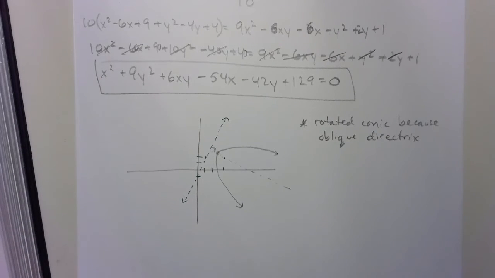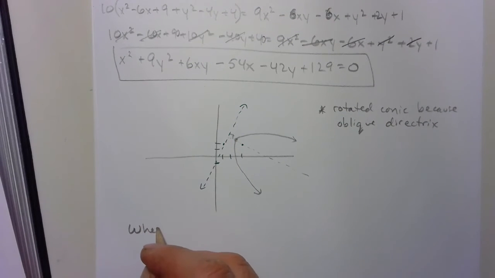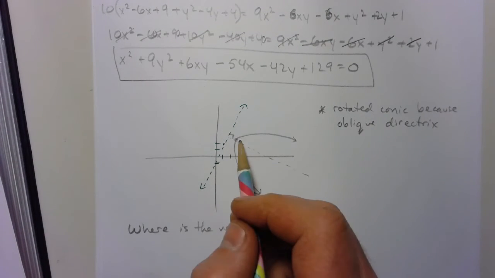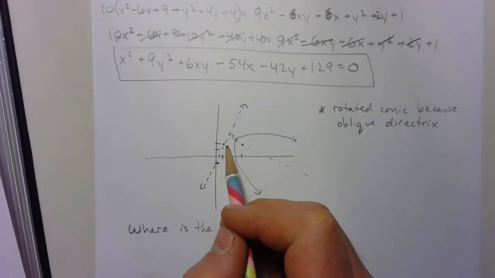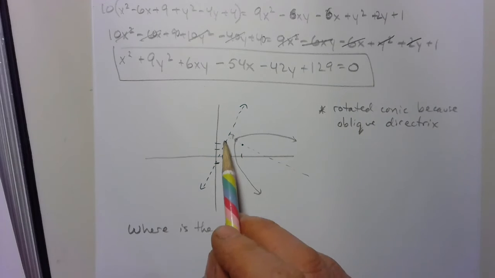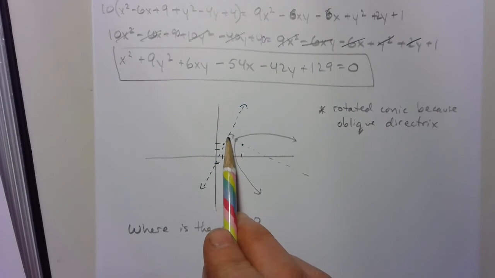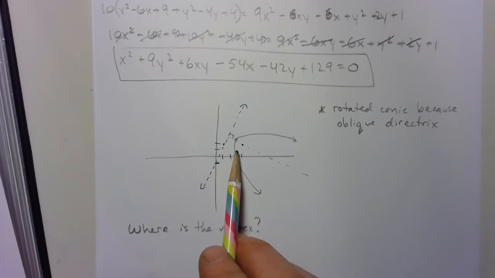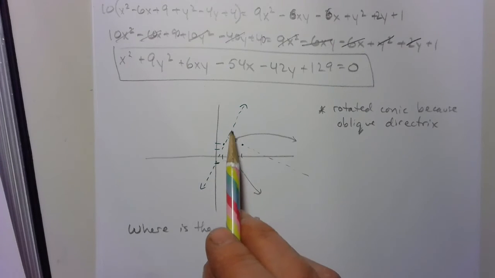Other things that you might be asked to do for this one, you might be asked, okay, where's the vertex? And if we want to try to find that vertex here, if we're graphing it, it looks like we can find it pretty easily, but what we really need is to know this intersection point right here. So we could find the distance here just by using our distance from a point to a line,